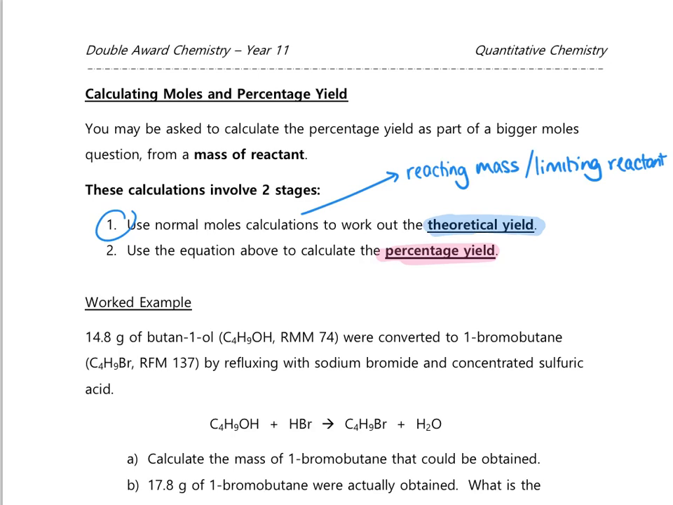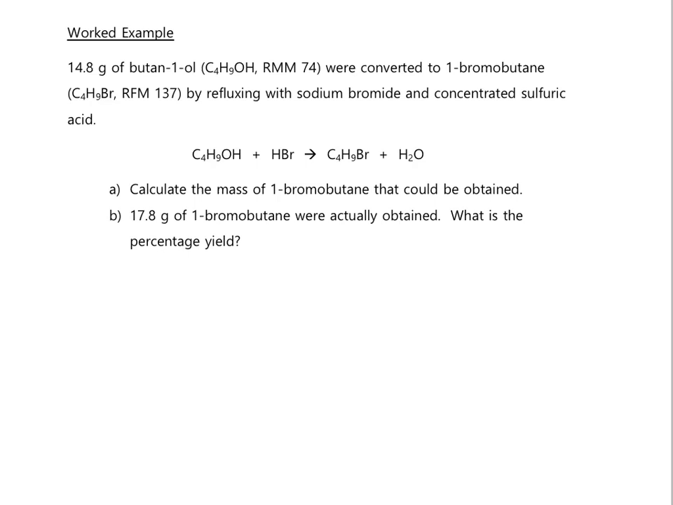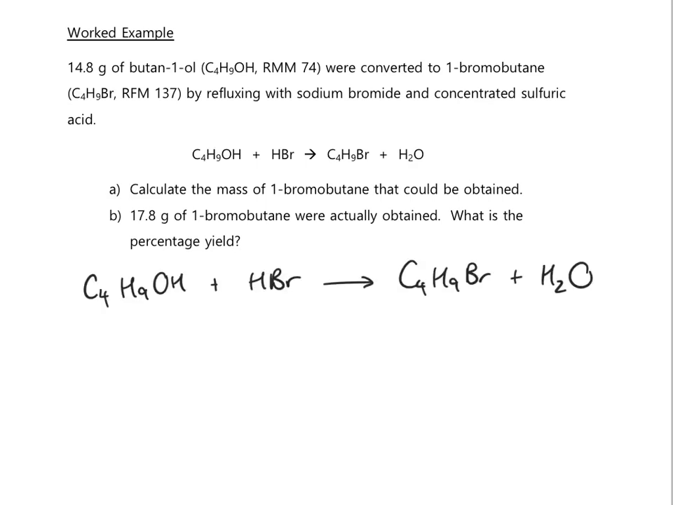So let's do a recap of how we do that. So thinking back to our moles calculations, our first step was to write the information we know underneath the equation. So I have rewritten my equation to make that a little bit easier, and then I'm going to highlight the information that I have been given. So I've been told at the very start of the question 14.8 grams of butan-1-ol